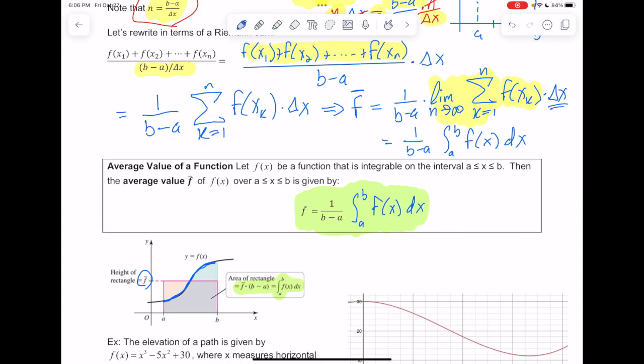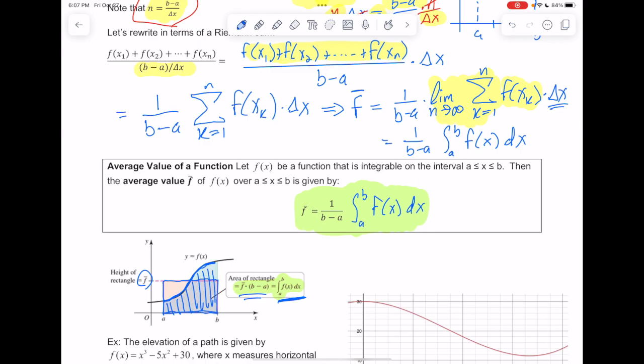So what's kind of interesting about that in the picture, we know that this integral from a to b of f of x dx represents the area under the curve. So that's kind of all of this piece. But this part over here, what does that represent? It's the average height times the width of the interval. So that actually just represents this one rectangle.